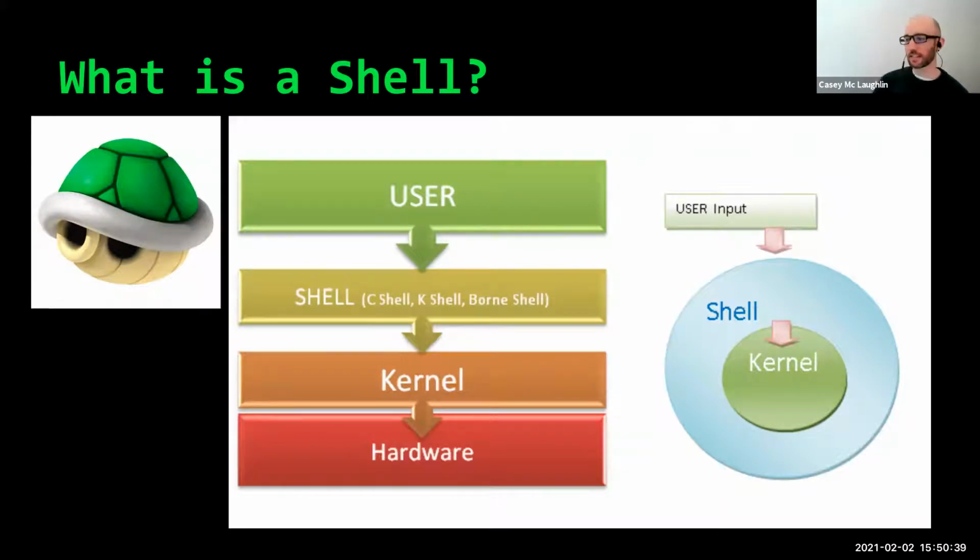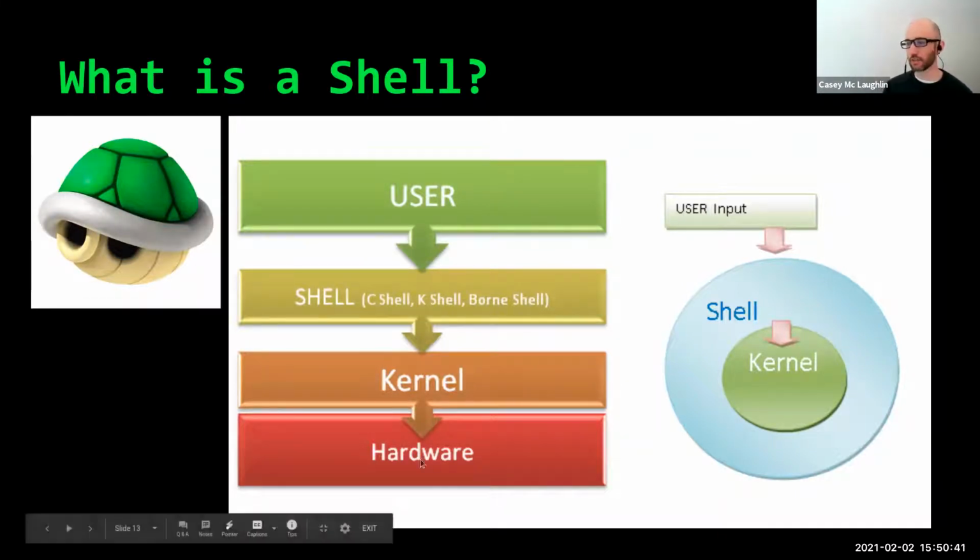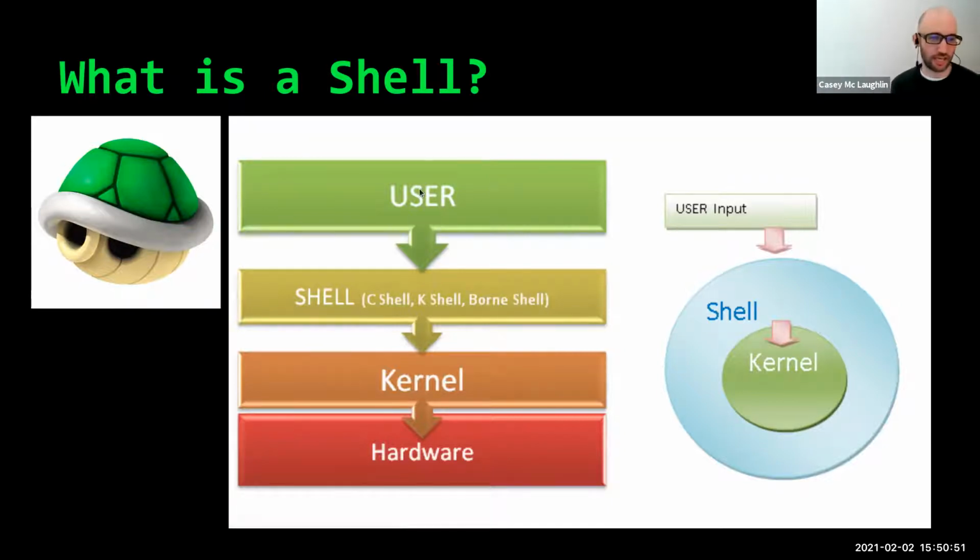Finally, getting back to this diagram here. So we have the hardware, we have the kernel, which is the core of the operating system. We have the shell that kind of wraps around it. And then finally, we have the top of the hierarchy, which is the user/human. And I would discuss this level, but since I'm not an expert in human psychology, I'll abstain for now and steer us back to the technical stuff.